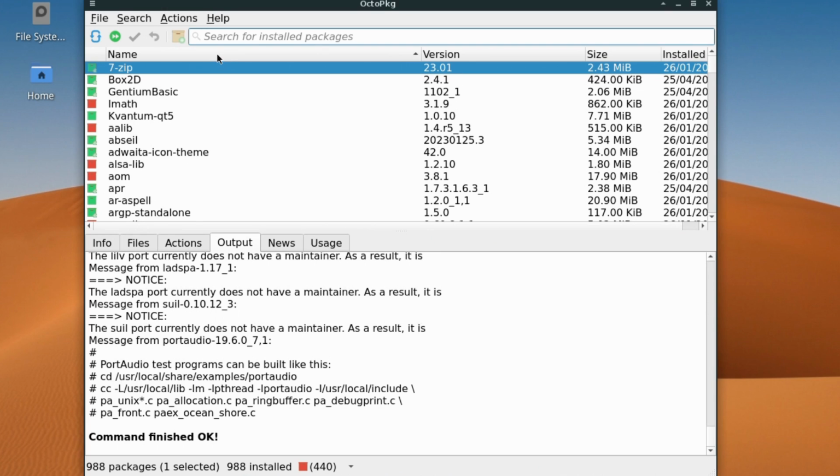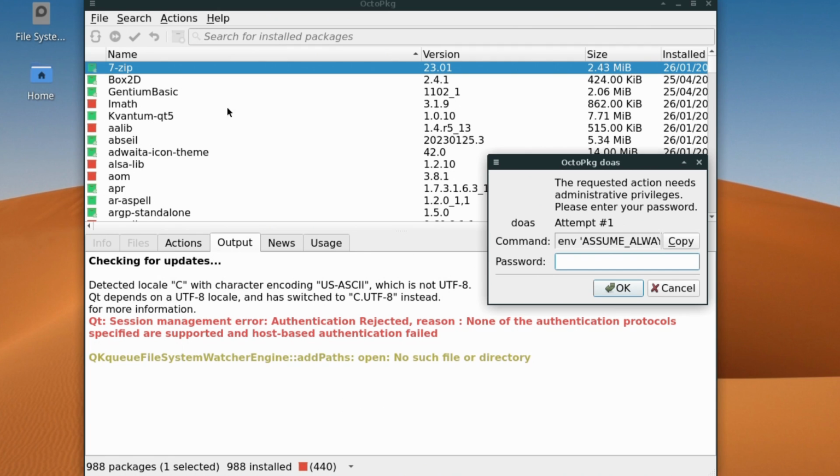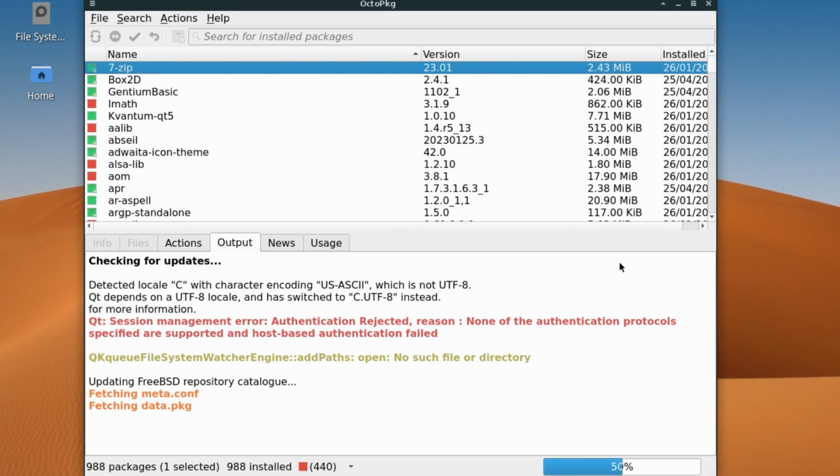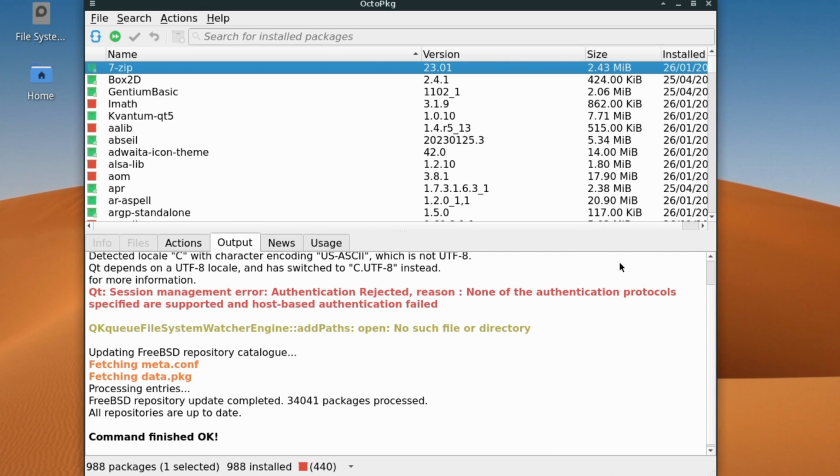And while we're in OctoPKG, you can easily upgrade the system as well. So, check for updates, and you're going to have to be putting in your password a lot here. Once we check for updates, it'll pull down the latest tree again. I don't think much would have changed since we last did it, but you never know. There we go. Same amount of packages processed. So once the package repository update has been, that's a mouthful, has been completed,